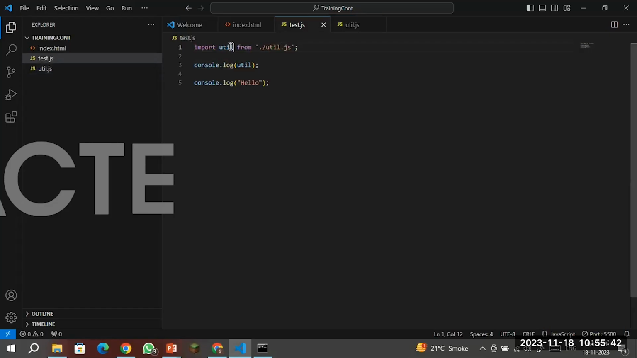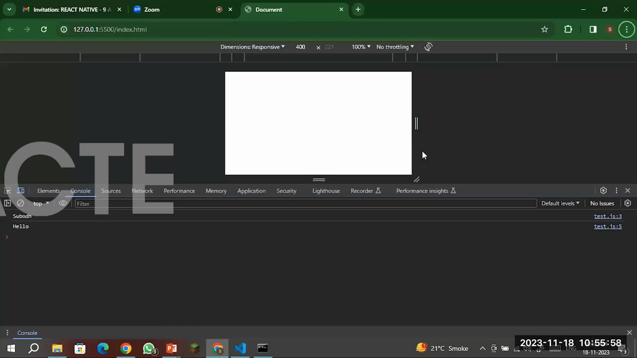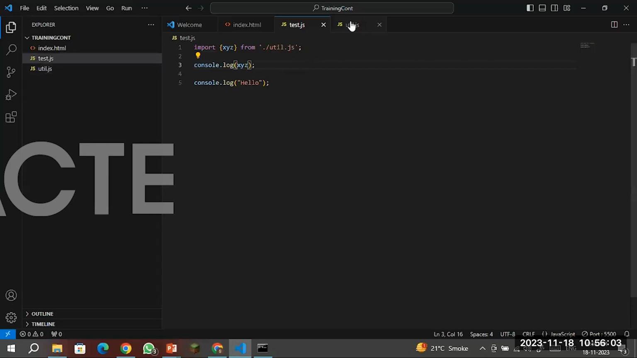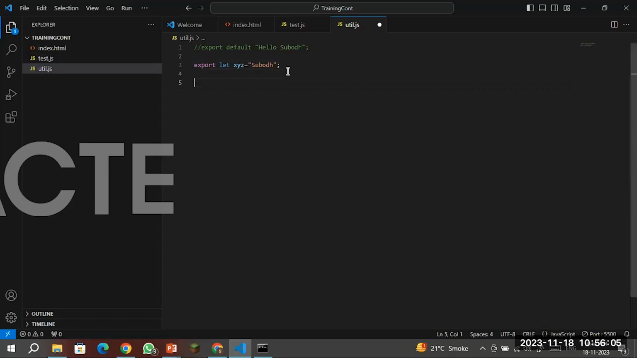Now here, instead of the util, I need to pass the xyz. Okay. Now here I'm using the xyz instead of the util. Correct. Now you can see that here I will pass the hello subodh. Like that you can add multiple variables or objects here. So you can see the export let abc, that is a Kumar, and here